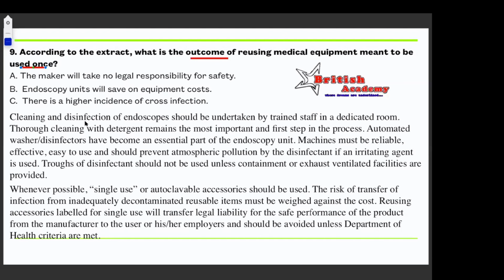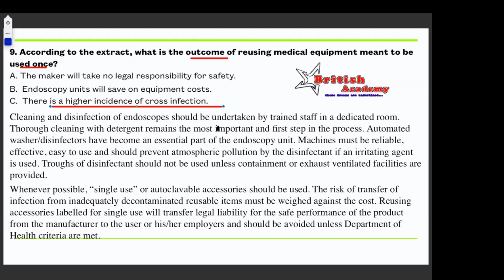Okay, now. Okay, wonderful. Many people are saying C. Those who are saying C, good, but still, read it again. You're speaking with your medical knowledge, that there is a higher incidence of cross-infection. I'm telling you, don't use your medical knowledge in this. Use the text that is given. What does that text say? C is not the right answer, guys. Those who are typing C, read it again and then think whether C can be the right answer.